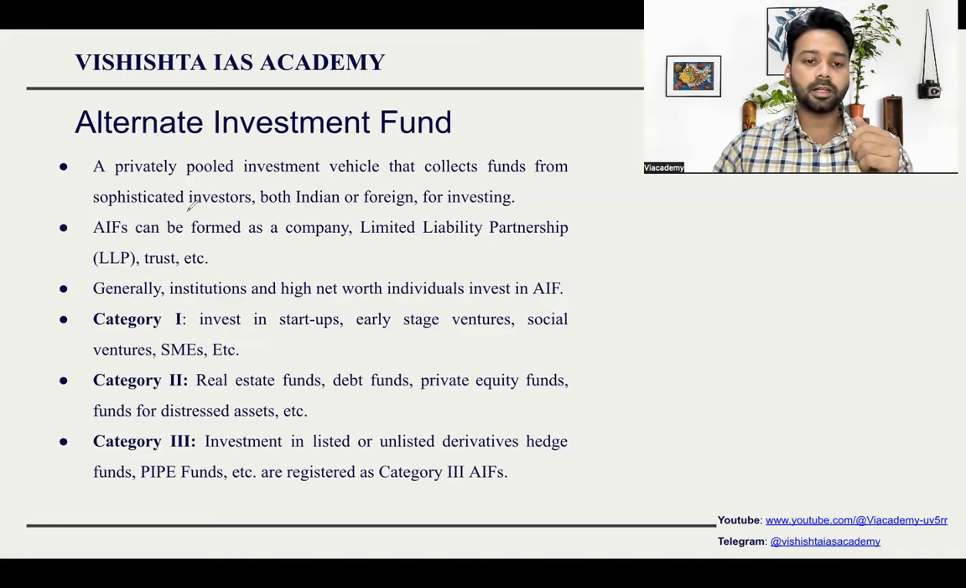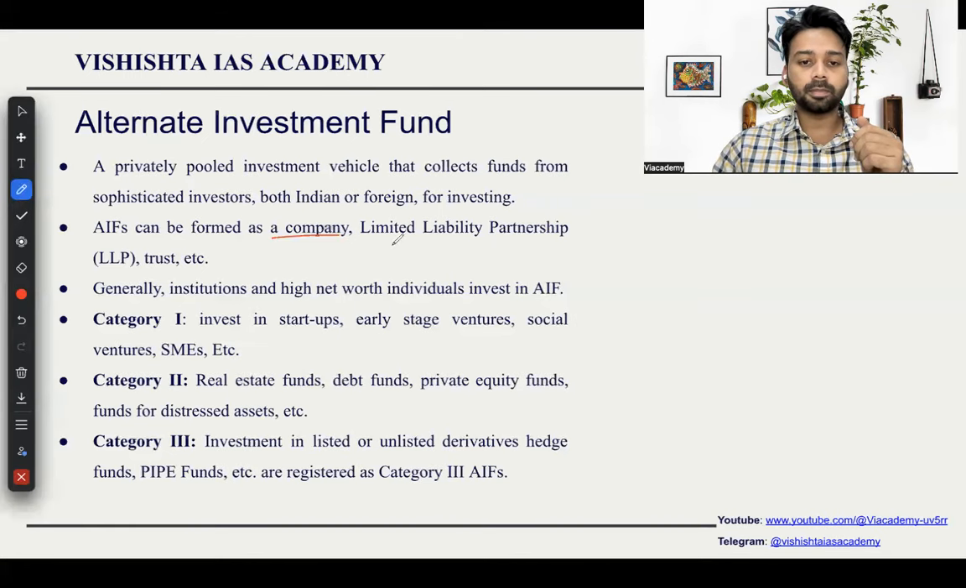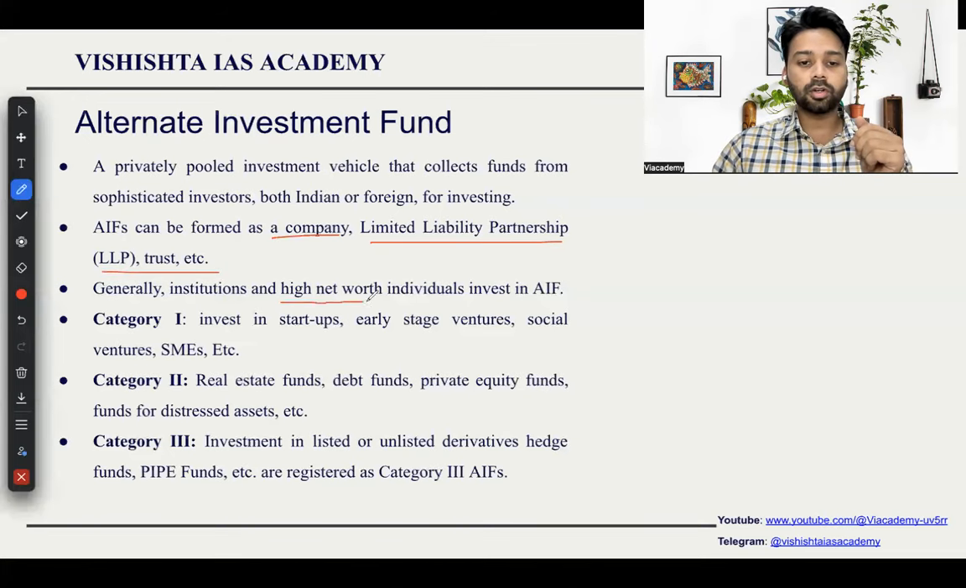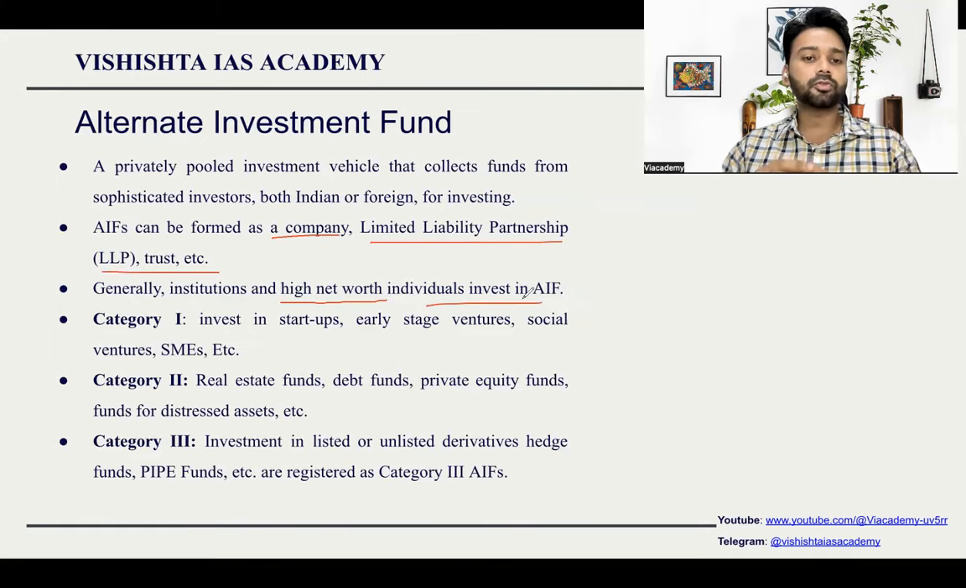The difference is that it can be formed as a company, limited liability partnership, trust, etc. But it is focused on high net worth individuals. So, for example, some millionaires or billionaires will come together and form a fund called an alternate investment fund, and they will use this to invest in certain companies or certain debt instruments or equity funds or